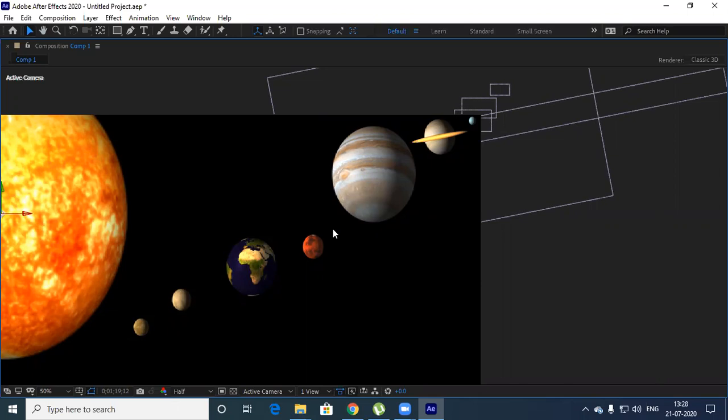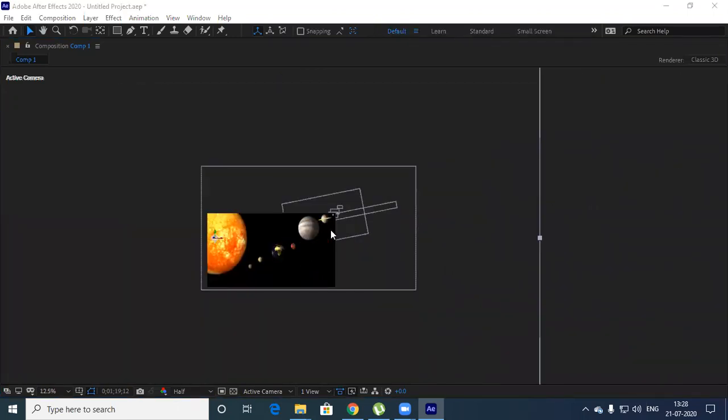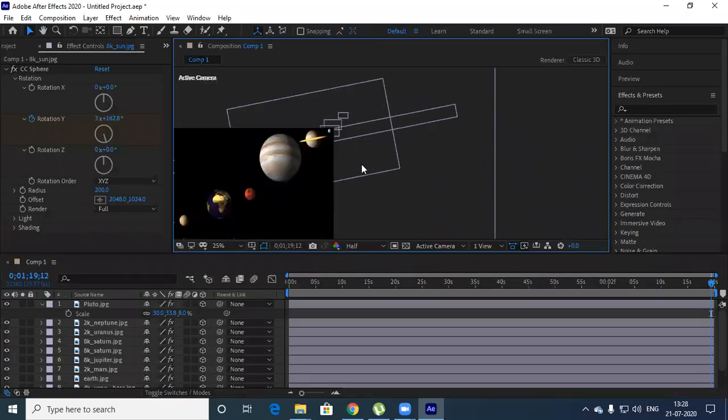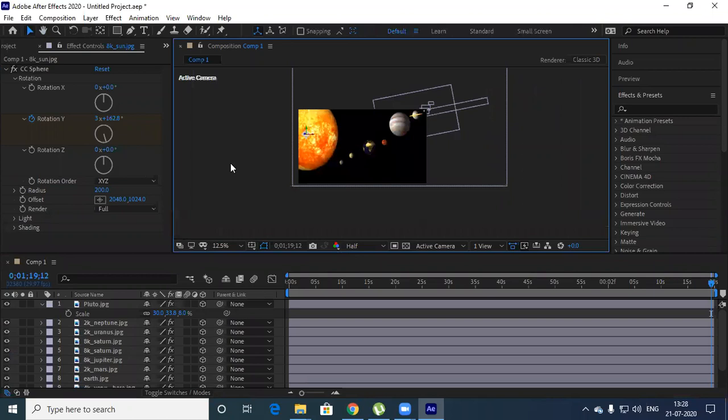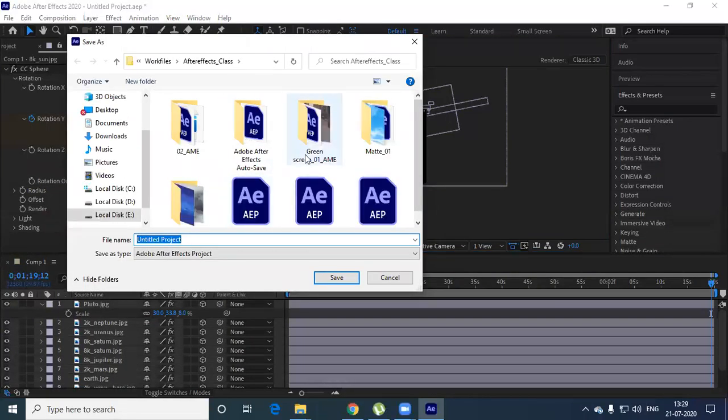By changing the direction or rotation, I am able to see these things. Okay, so let me save this. Don't forget to save the file, otherwise it may crash.